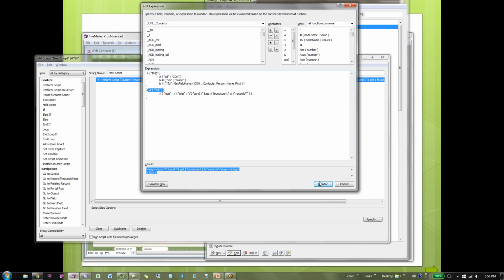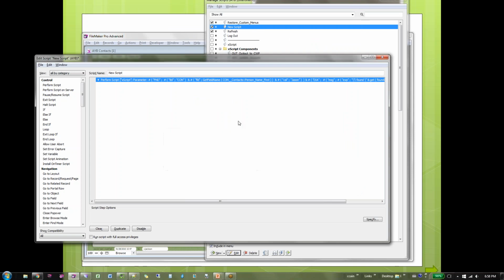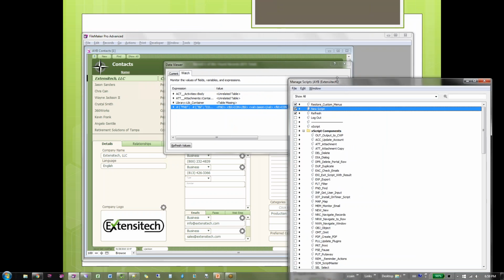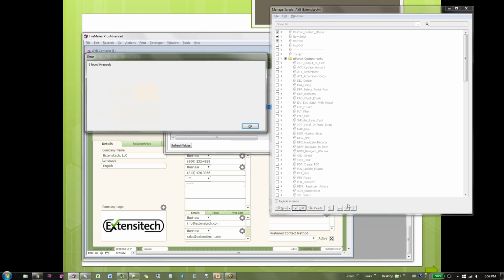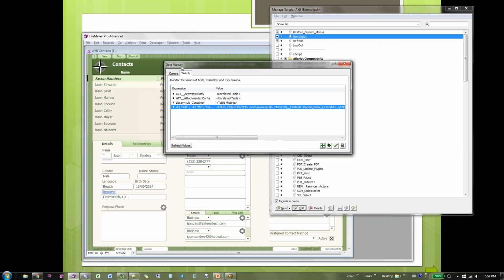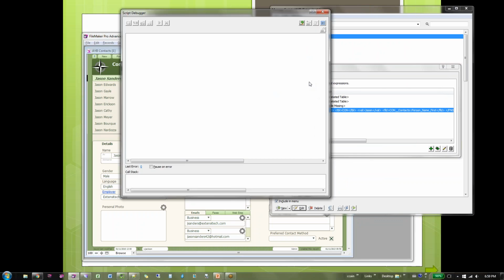That's correct. So here, let's see it once at speed and make sure that I didn't mistype it. Okay. Let's see. My aptly named new script, we'll tell it to run. I found 9 records, and here they are. Here's our 9 JSONs. Okay. Now, let me run this through with the debugger.